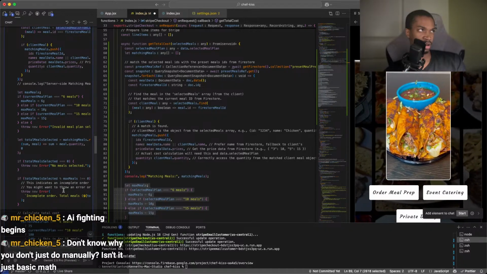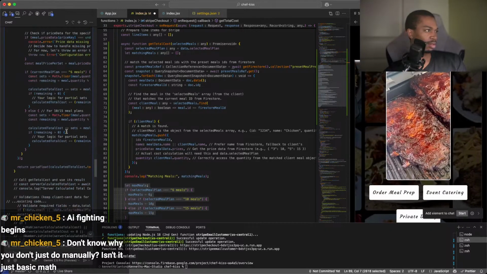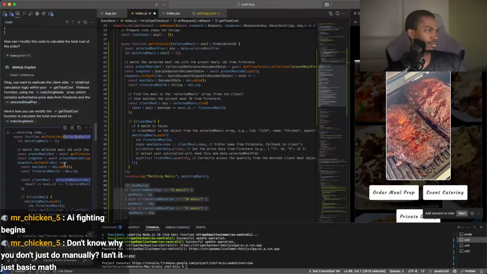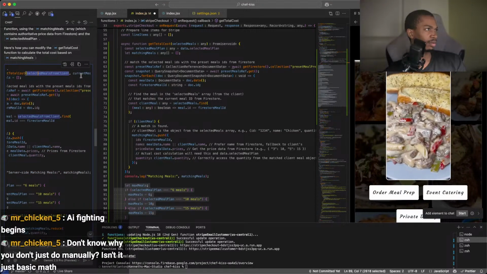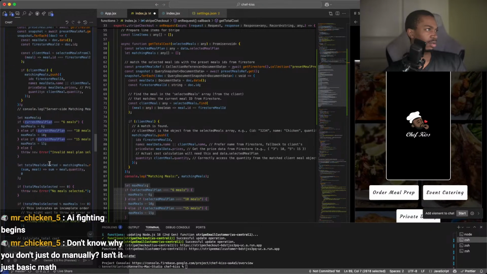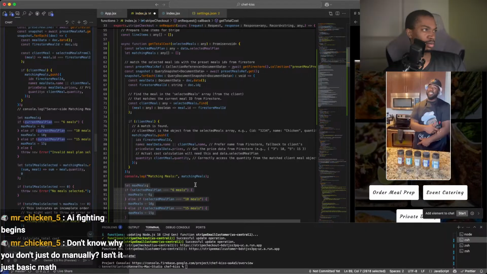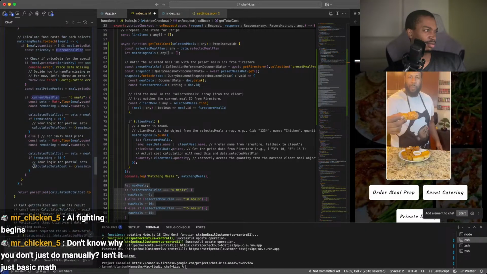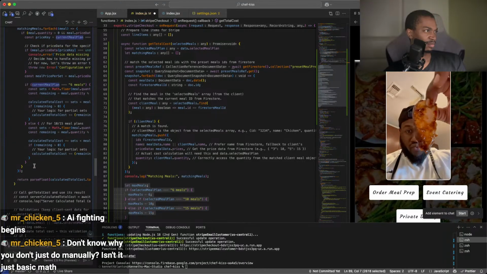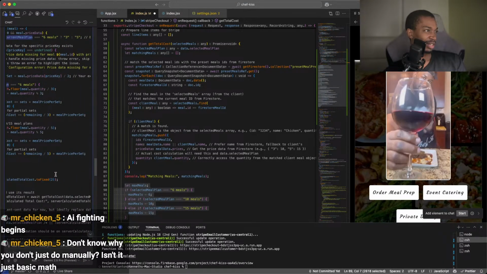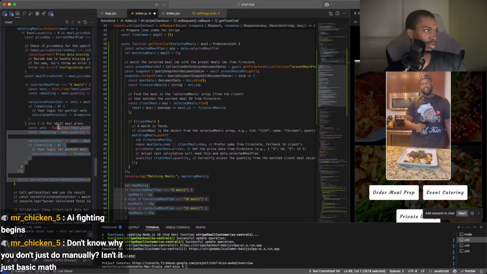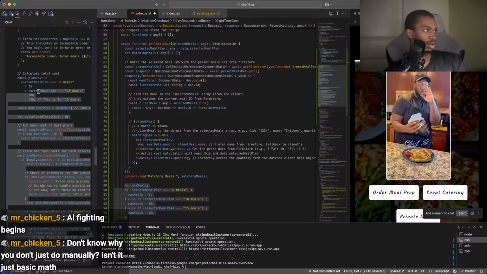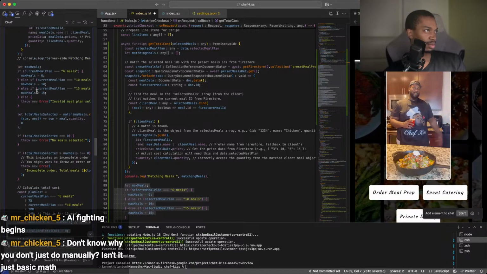I can just replace all the other stuff if I really want to. Current meal. I don't need to do that. I don't need to do that. I guess I just move forward with that and replace